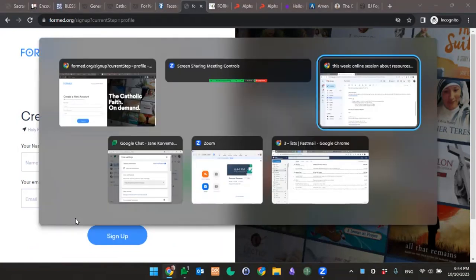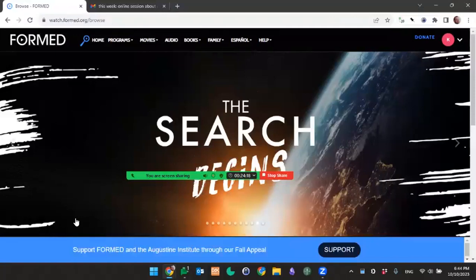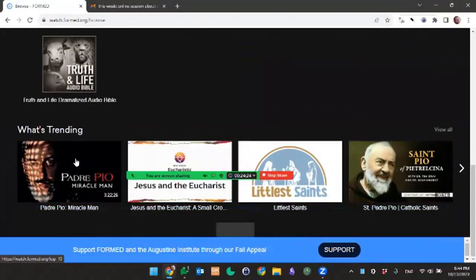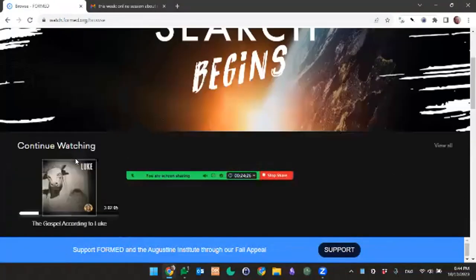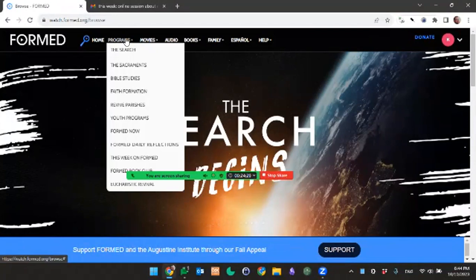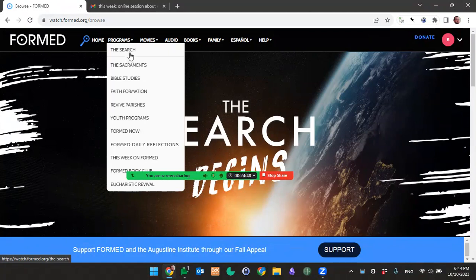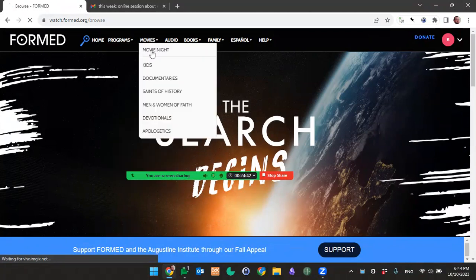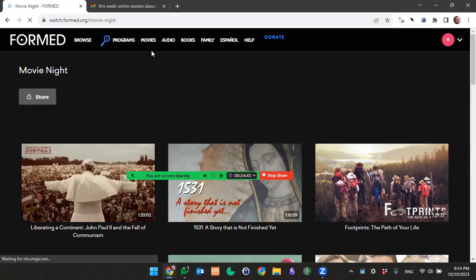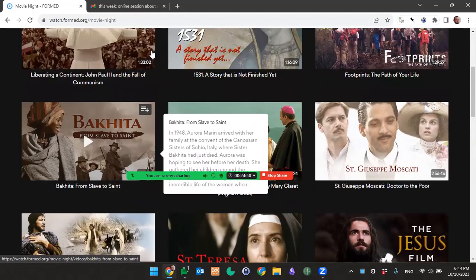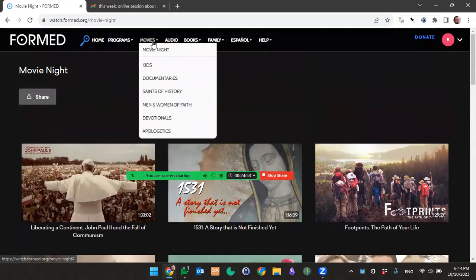Once you're signed in, it ends up looking roughly like this. It's a Netflix style of thing. There's just lots of stuff on here. A couple things in particular that I find are great. Anybody can sign in and create your own account and get going on it right away. I do encourage checking it out. There's a lot of awesome stuff on here. They've got some various little study programs and things like that. They also have what they call movie night. Now, with younger children, this might not be as helpful, but some here and there it might be. A lot of it is inspiring movies meant to help us get into our faith a little bit better.